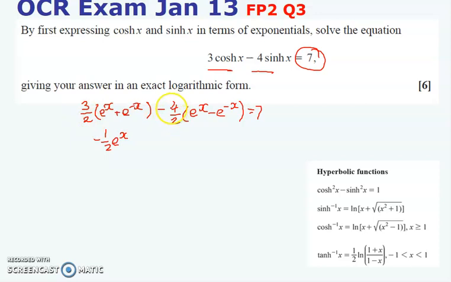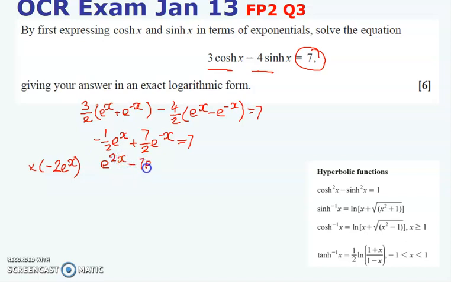And I've got 3 over 2 minus and minus, so that's plus 4 over 2. That's 7 over 2 e to the minus x. And that's equal to 7. Now, I could type that in, but I'm going to actually times everything here by minus 2e to the x this time. And times it by minus 2 will just make this slightly tidier. It will give me e to the 2x